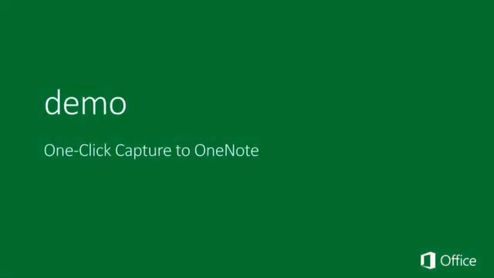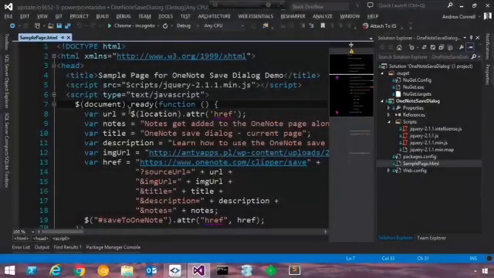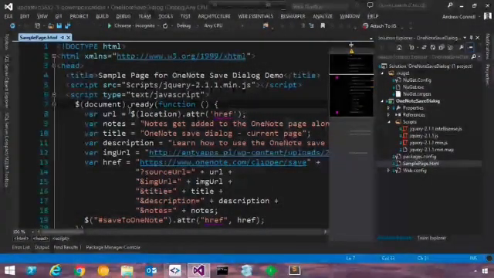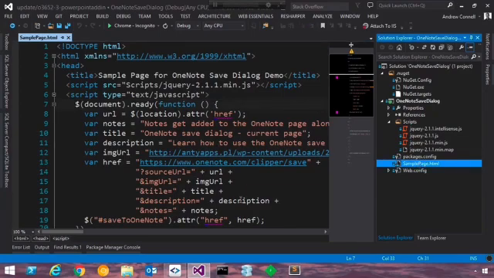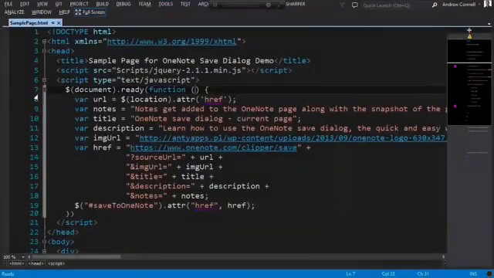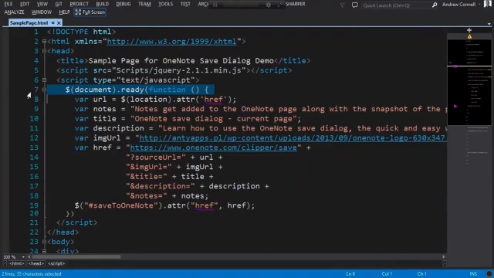And let's take a look at the OneNote capture here. In this demo, I want to show you how to use the web clipper to actually do a one-click capture and save it to OneNote. So here what we have is just a simple HTML web page, and this web page is using jQuery. It's going to create a reference to the current URL that we have on the page, have some notes, a title, a description, maybe an image,